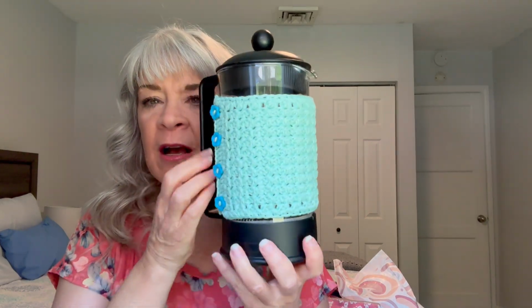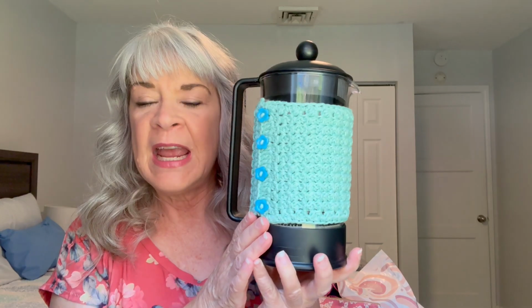I finished my project. So the video I linked is the reveal, and I'll just show you quickly. I made a French press cozy with mine. So this part is a finished object. It is the one that I entered into the Battle of the Stitches, but I'm going to make a set